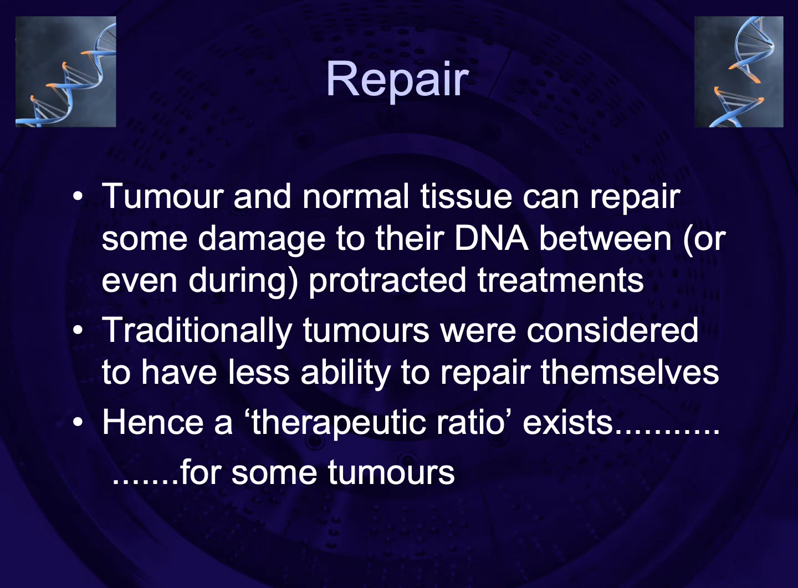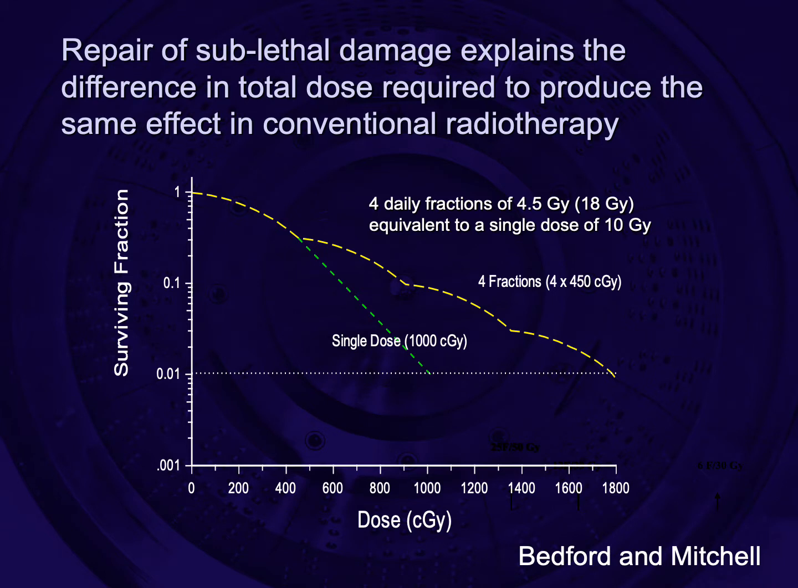So let's look at repair. We know that tumour and normal tissue can repair some damage to their DNA between treatments or even during protracted treatments. And traditionally, tumours were considered to have less ability to repair themselves, and hence this therapeutic ratio exists. And I should mention that's for some tumours, not all. Another way of looking at this is